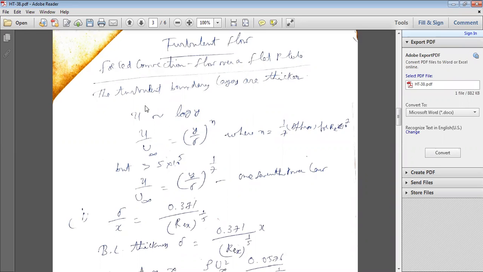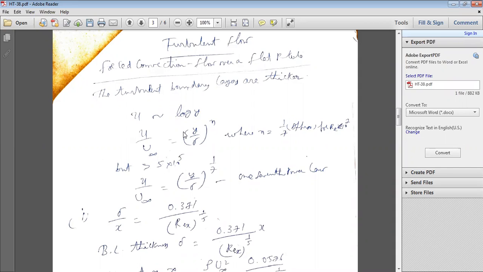So following a similar analysis as laminar flow, for turbulent flow, by getting the velocity distribution and temperature distribution, you will be able to get the equation for delta, the equation for shear stress, the equation for local skin friction coefficient, average skin friction coefficient, and heat transfer like that. So here I'm taking the equations straight away, because I'm skipping the derivations. Generally in the exam they won't give these turbulent flow derivations, but they may give some small problems on this turbulent flow.